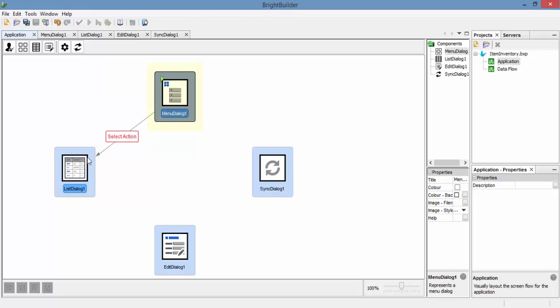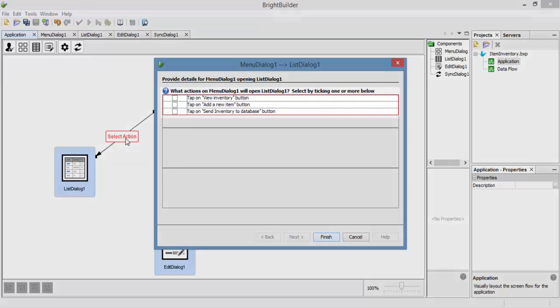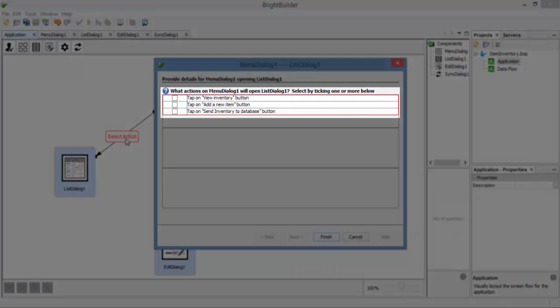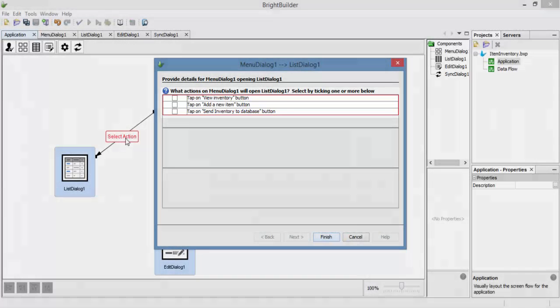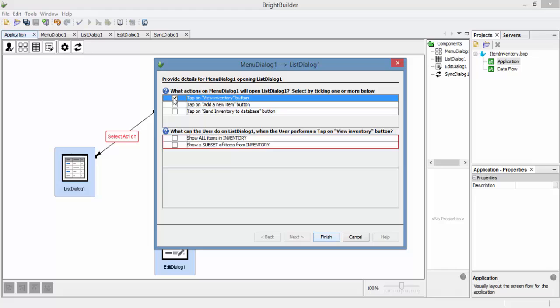In this form link, the menu dialog will open the list dialog. However, the action in the menu dialog that will open the list dialog will need to be set. By double-clicking the select action box, we can see the available actions that can be assigned. Now, we want the list dialog to open when the view inventory button is pressed to view all items in